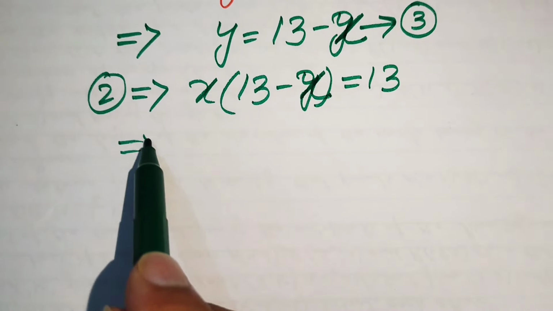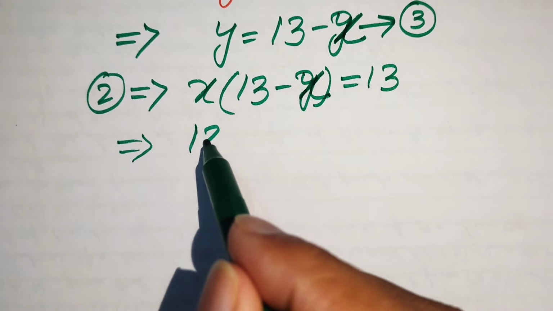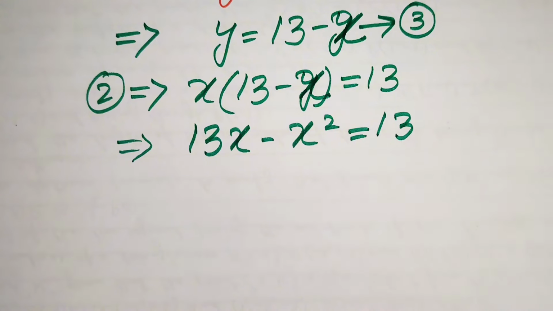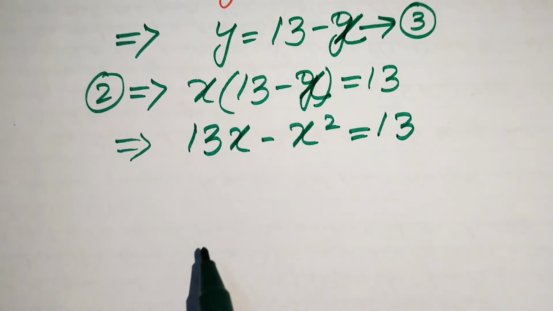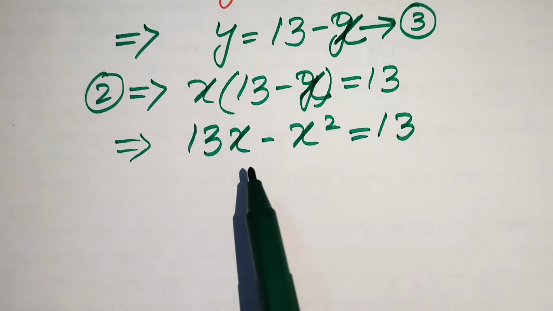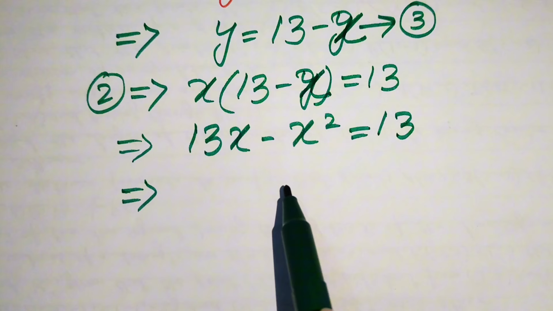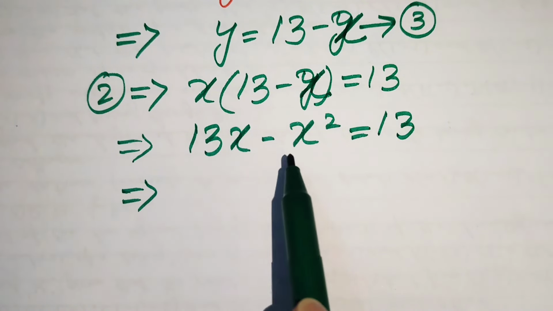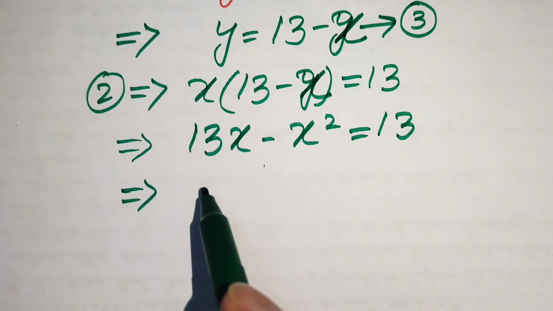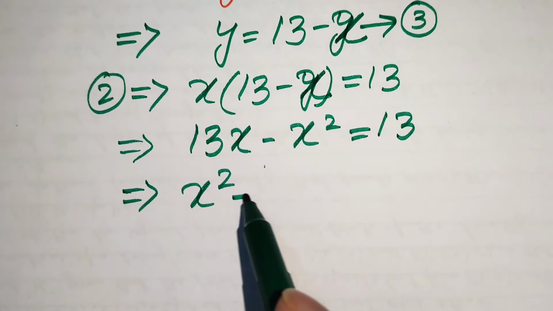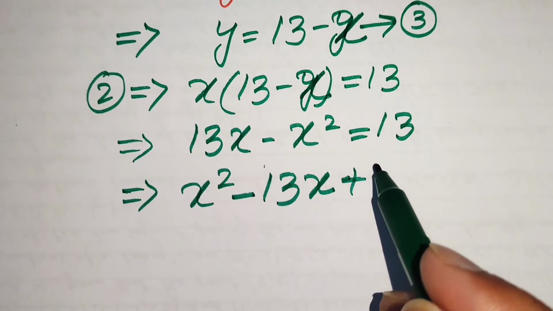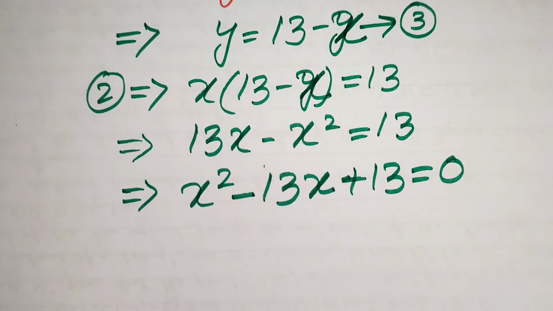Here we multiply this x on both of these terms and it is written as 13x minus x square equals 13. Now, you see this is a quadratic equation but not in the standard form. So first we convert this equation into the standard form. We move 13x and minus x square to the right hand side. When we move minus x square to the right hand side, it becomes plus x square, 13x becomes minus 13x, and 13 becomes plus 13, and the whole equation equals